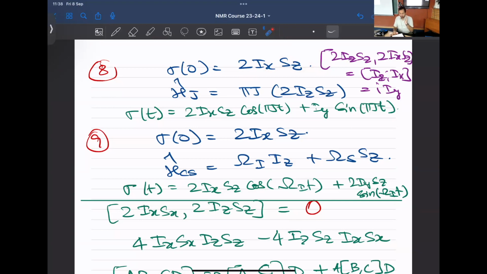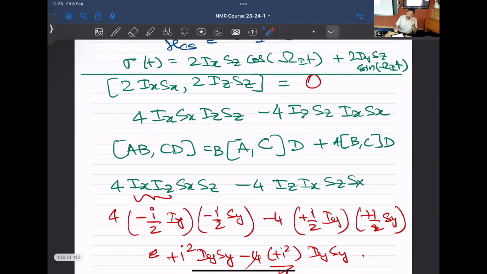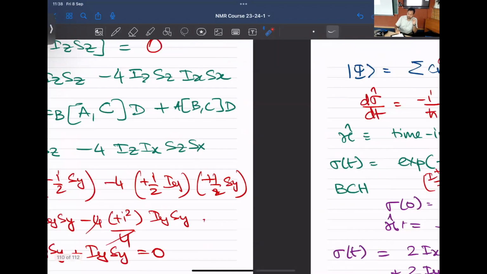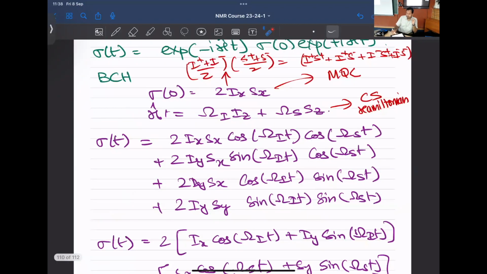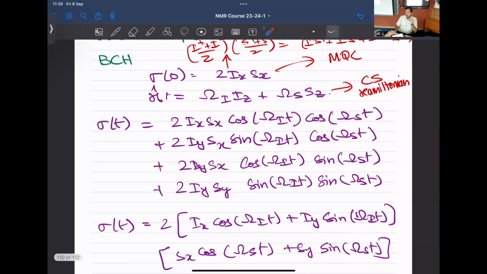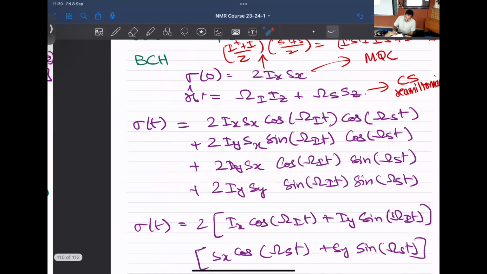Okay, but let's go back to the main question that was raised, meaning that if you have a multiple quantum coherence, how does it evolve with a chemical shift? I hope the last 10 minutes have given you a perspective on how the operators will be termed in English. This problem was given to make you guys think. For instance,